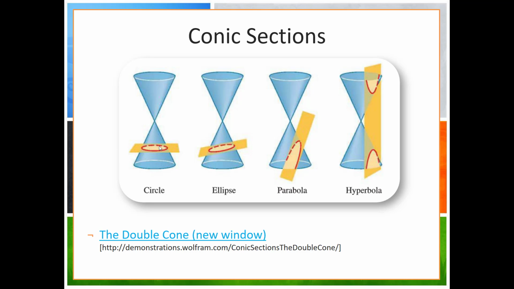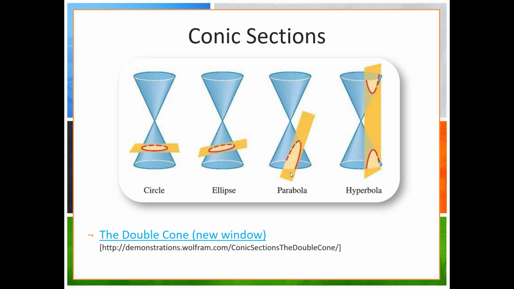So the cross section here is a circle. If you took a plane and intersected it with one of the cones but at a bit of an angle, that circle gets stretched, so the cross section here is an ellipse. If we kept tilting the plane, so now here if we took a plane that was actually parallel to the outside edge of the cones, the cross section between the plane and this cone down here would